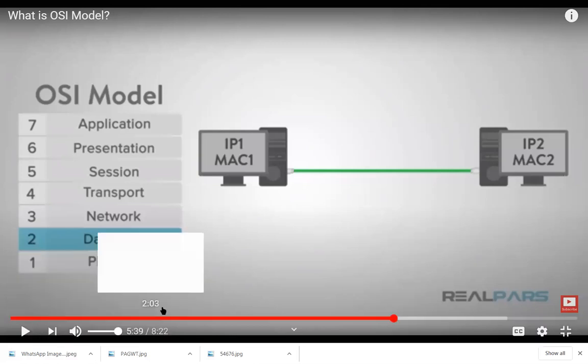What is meant by MAC address? Could you remember what is meant by MAC address? See, if you purchase any electronic device, it can be a computer or a laptop, one special individual address will be there, which will be given by the vendors. That particular address is called a medium access control address. Okay, that is called medium access control address.